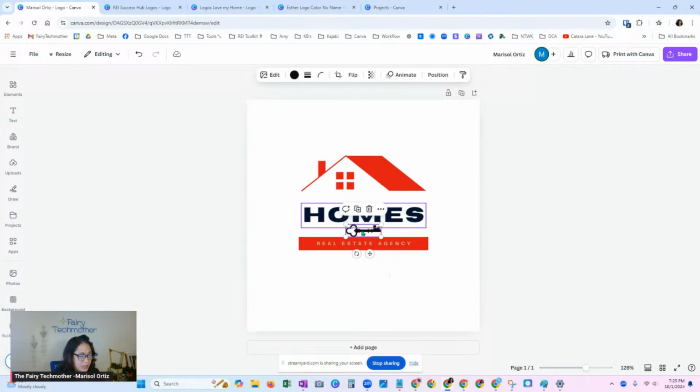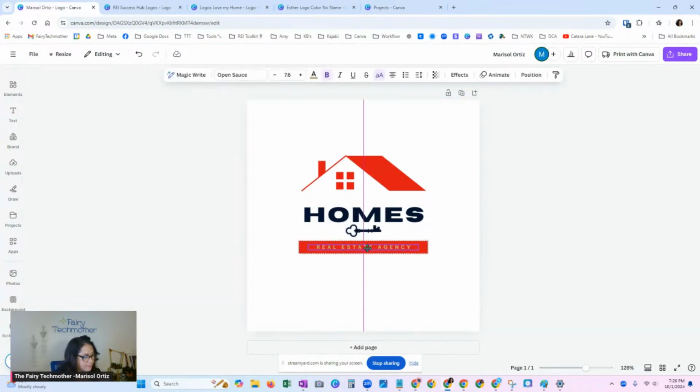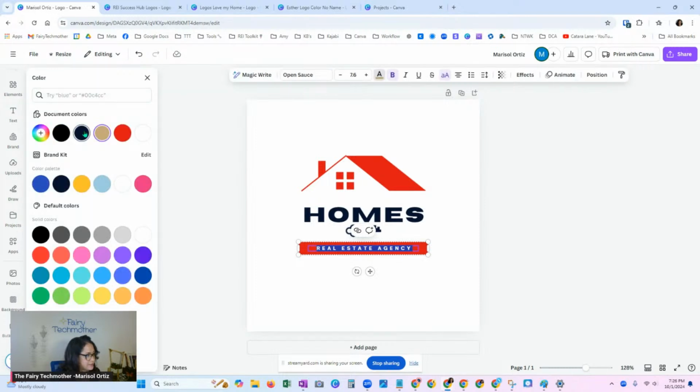And I'm going to change the color, clicking up here on the color swatch, clicking that same blue. All the document colors, all the recent colors are up here. And of course, now I pick these colors. I would take these hex codes and write them down. This red and this navy blue. Move that down. And of course, now I'm going to click on this real estate agent, make that this blue.